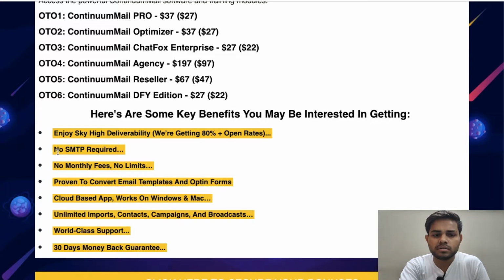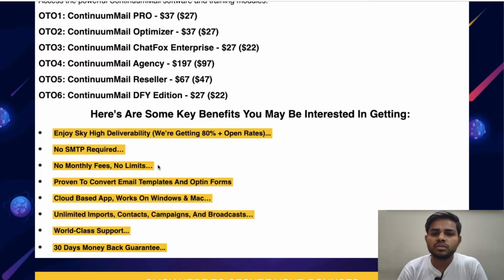And the second key benefit is guys, no SMTP required. So guys, in this software you do not need any kind of SMTP. And the third is guys, no monthly fees, no limits.